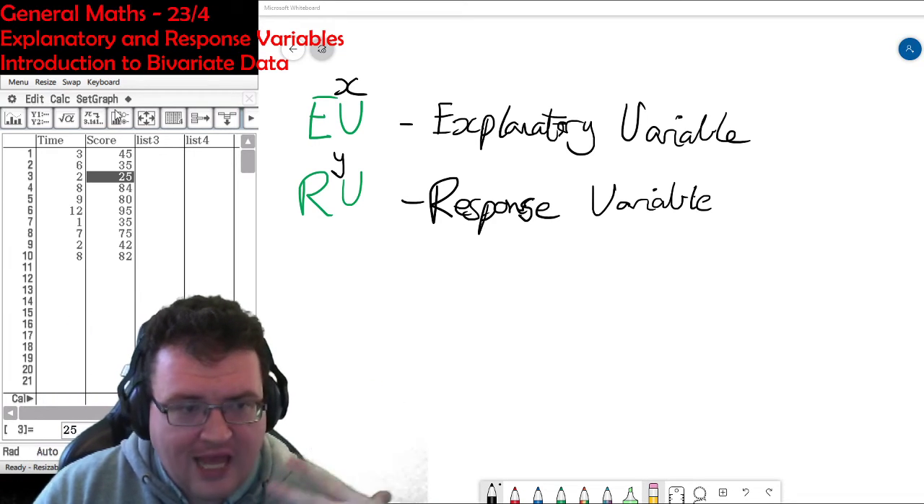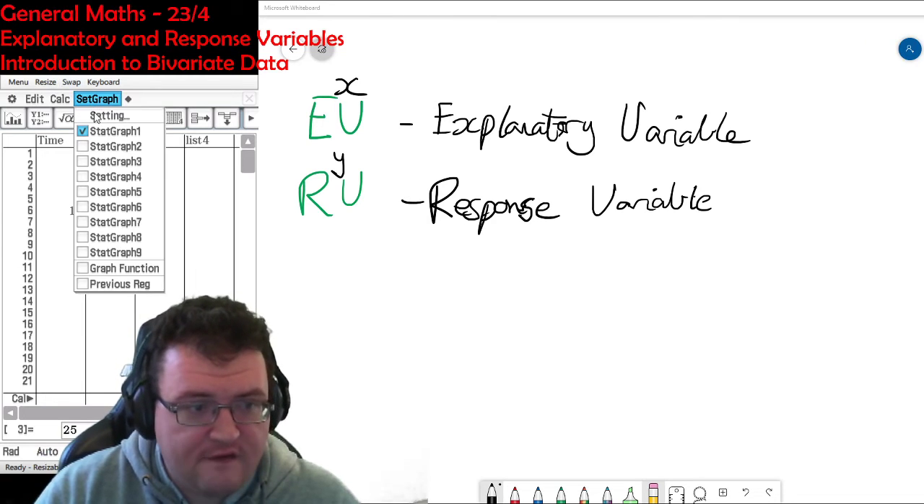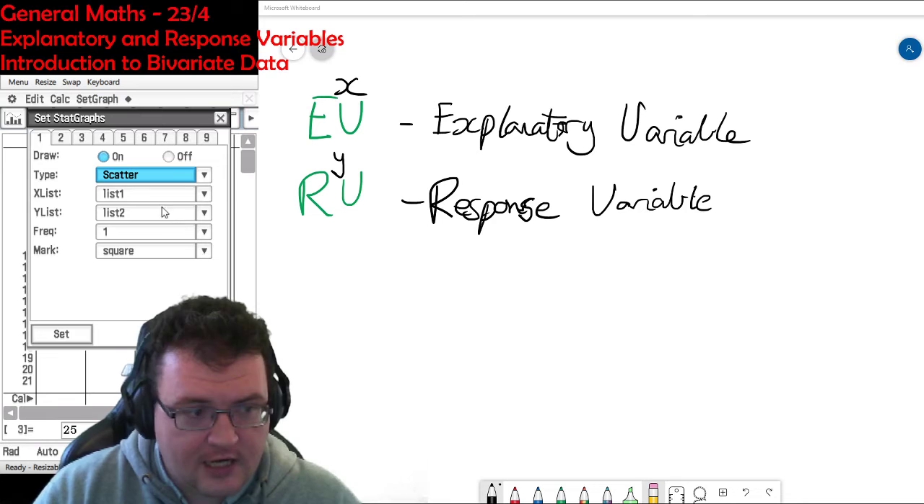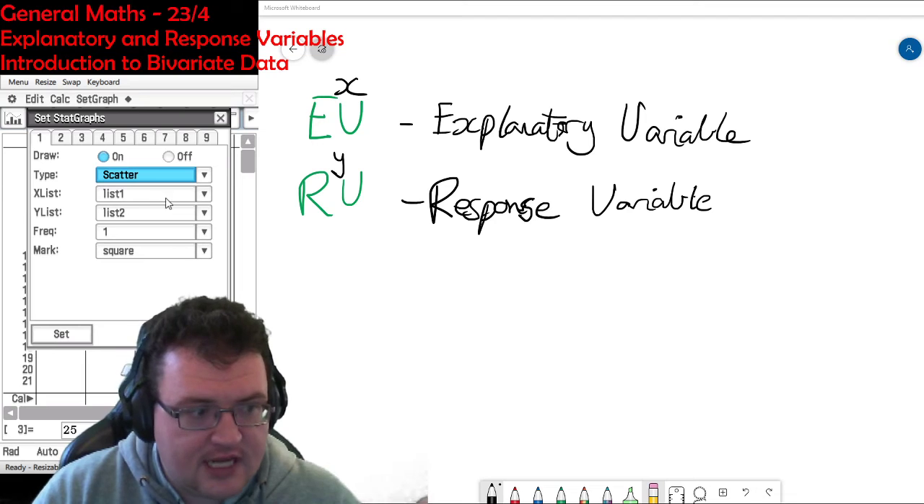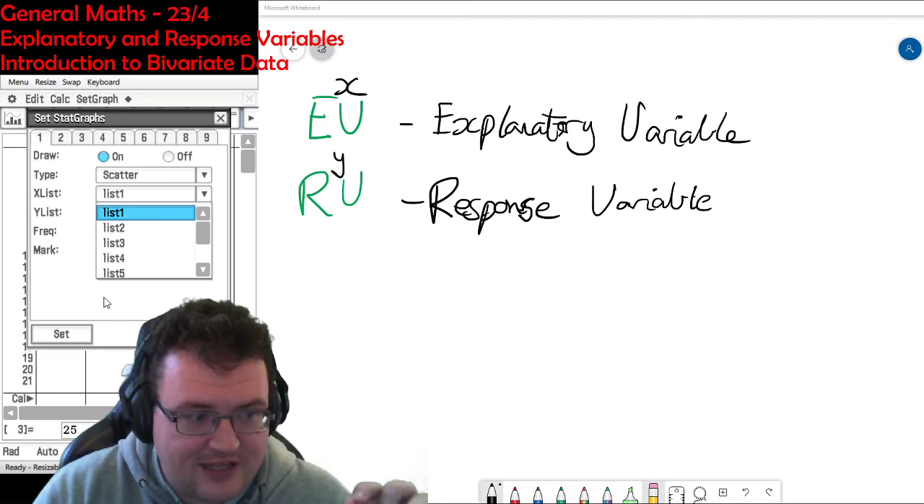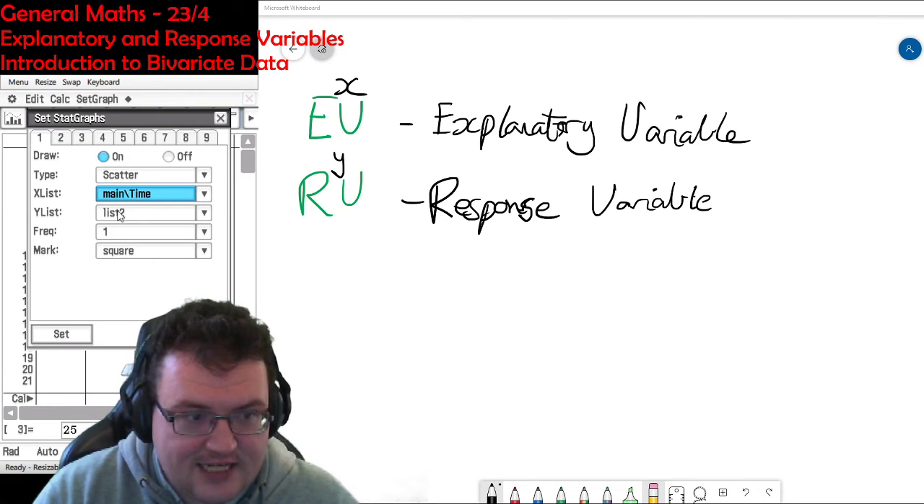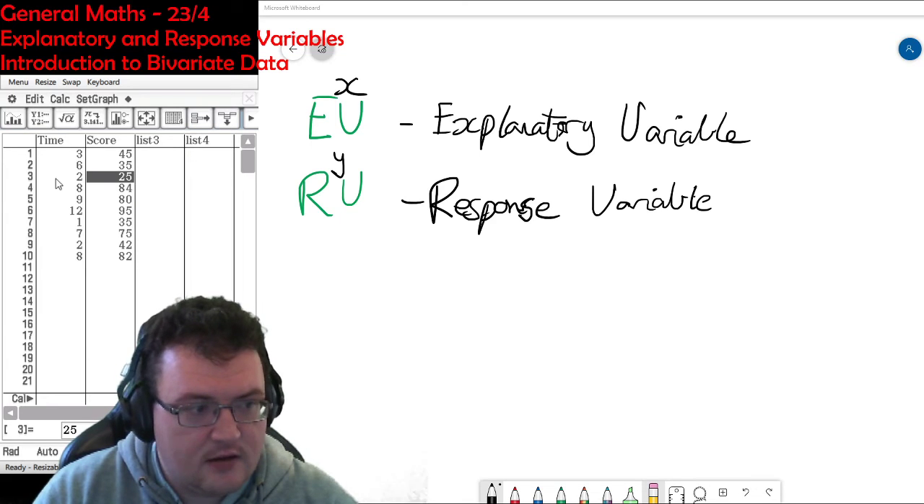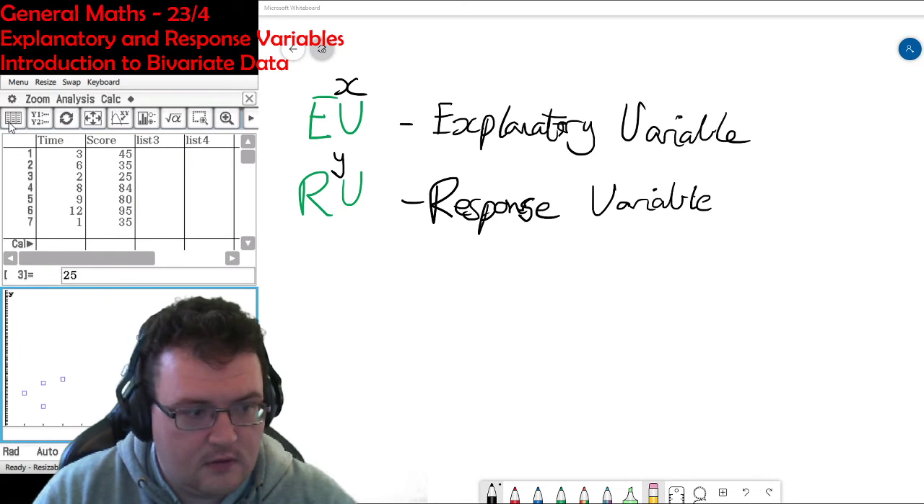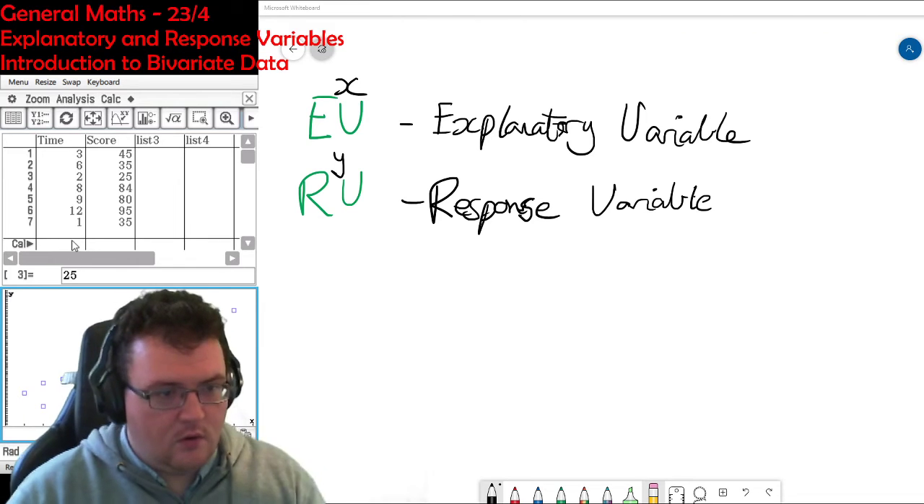So to get my calculator to do this properly, I need to go to set graph and go into settings. And under here, I have a scatter plot. I need to make sure that this says scatter plot, not NP plot or histogram or med box like you've been doing previously. So I hit scatter, and then I need to change my list. Because I changed the names of my lists, I need to make sure that in here, they say the correct thing. So time, I'm going to put along the X list, and then the Y list is going to say score. I'm then going to say set, and then I'm going to draw my graph. All right, and as you can see,